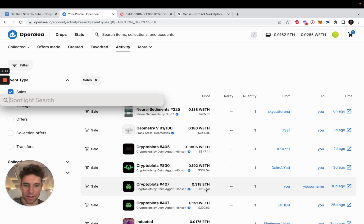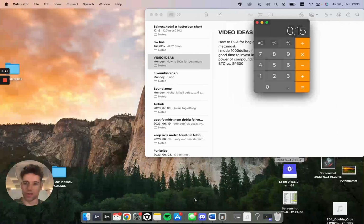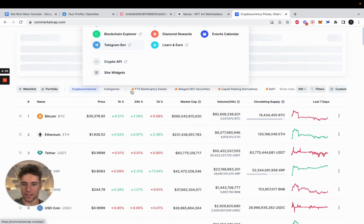So there was some small transaction fee when you sell it, which is like 2.5%, which we need to deduct from this, but still it's around 0.15 gain in Ethereum. And if we multiply this with the current price on the market, let's see where the market stands today,